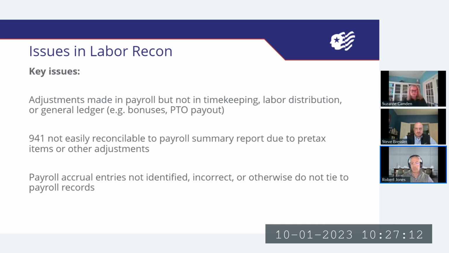And there are a couple of things there that we can tie out. One, we can tie out the total labor that was paid out. We can also tie then back to the 941s by, again, making the appropriate adjustments for pre-tax and other stuff. The other thing is that we can also make sure that the dollar amounts that are claimed in fringe for things like FICA, FUTA, SUTA, and other types of taxes, whatever the total amount is, right, that's reported in your payroll summary report, should tie to the amounts that you're claiming in the fringe pool. So there's a couple of things that we can do there.